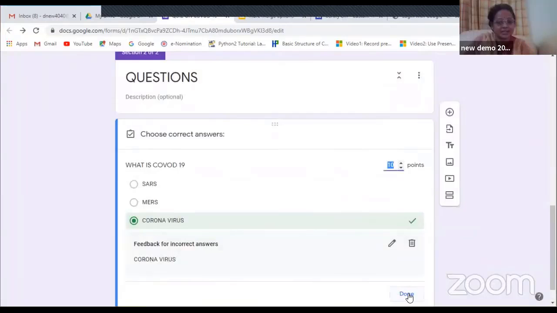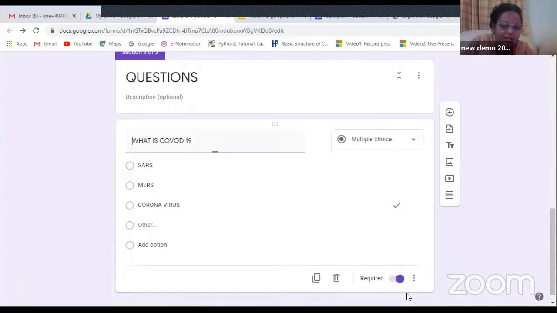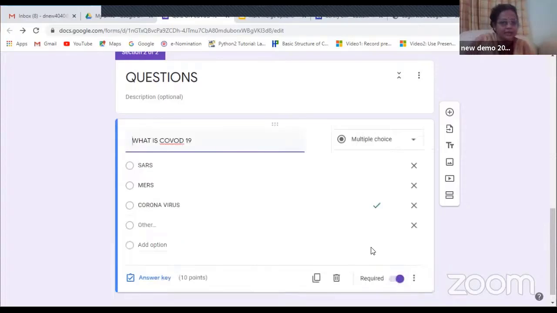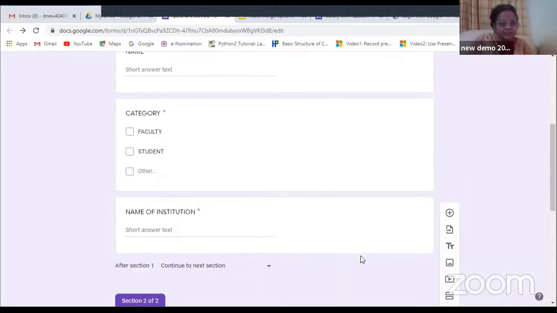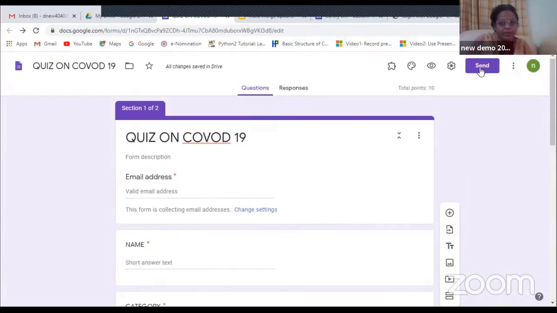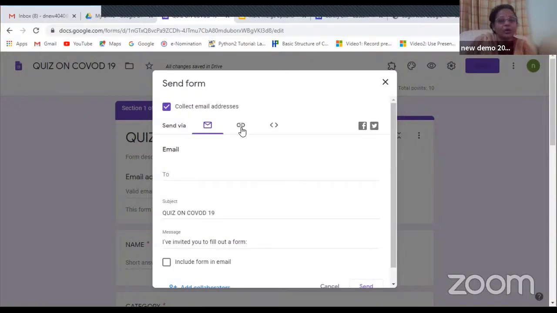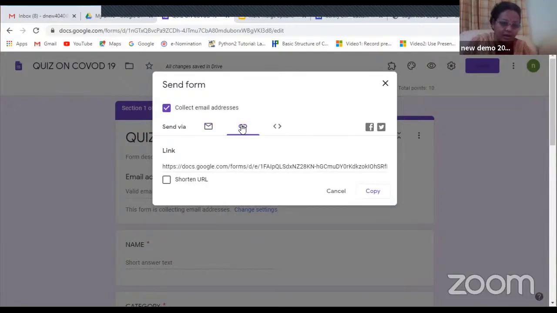Then once this is done, click on done. Once you click on done, click on send. Once you click on send, the options which we get are send form via mail. We can ask the responses